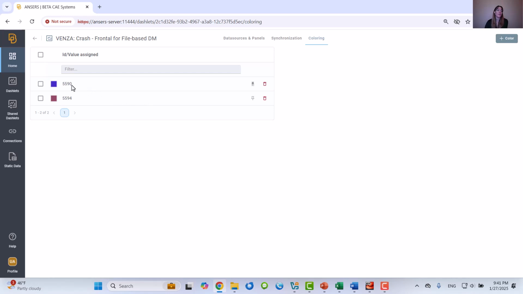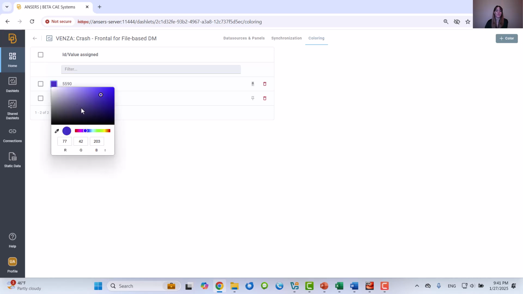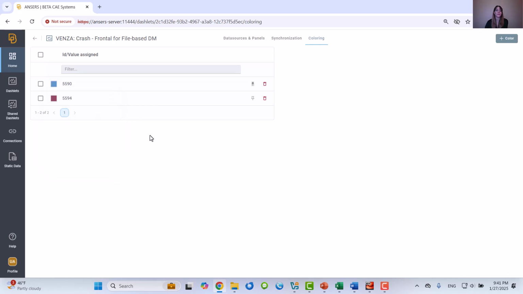And if, for example, I would like to modify the color of the first simulation run, so simple as that, the color has been changed. So this tab is accessed by pressing the Edit Data Sources and Panels button, and it's used for more options to manage the color assignment of your Dazzlet.